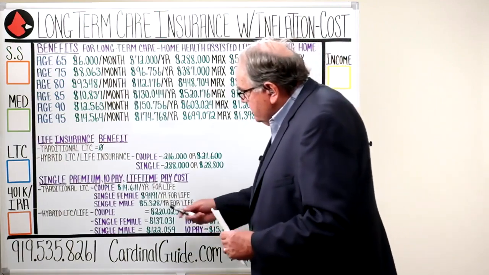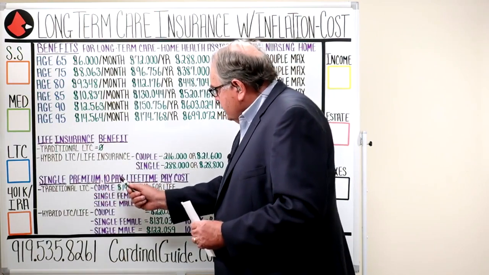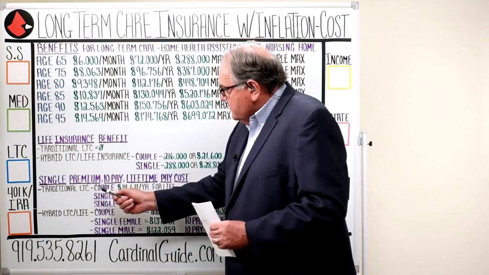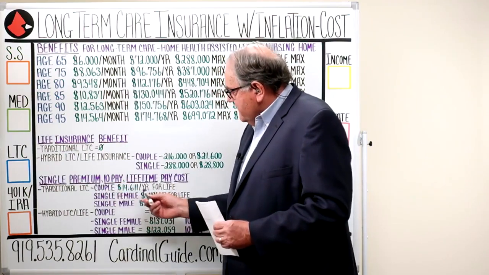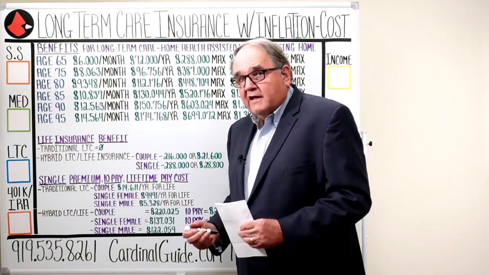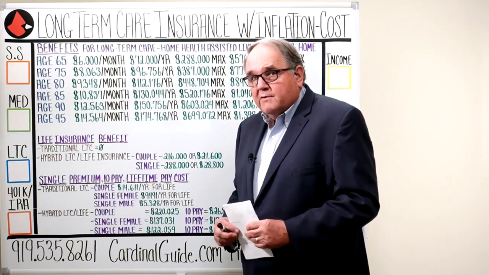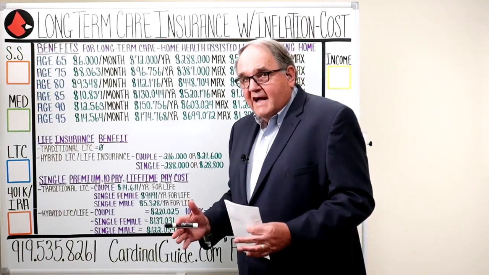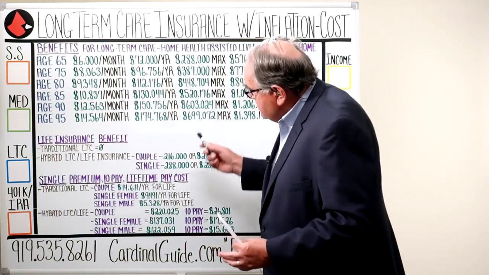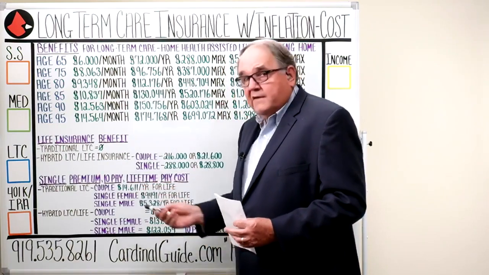Now, for the single premium, what we're going to show you here is the single premium, the 10 pay, and the lifetime pay cost. So for the traditional long-term care, the lifetime pay amount for the couple is $14,611 a year. So, in 20 years, you're going to pay in like 280 grand. People look at that and they say, oh, it's too much. And so that's kind of why I went over the benefits, is if they had to pay out a claim on everybody, they'd have to charge way more than this.